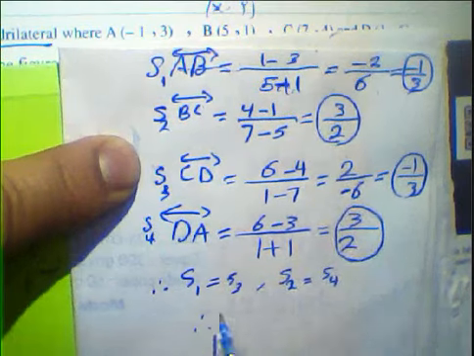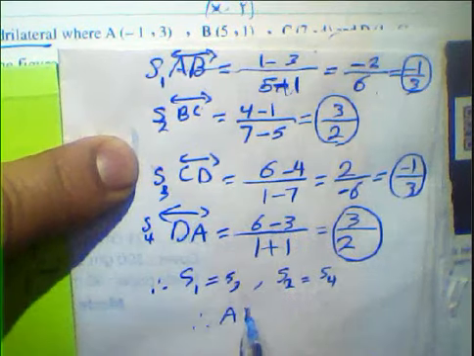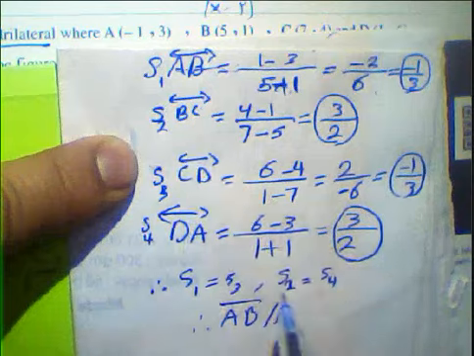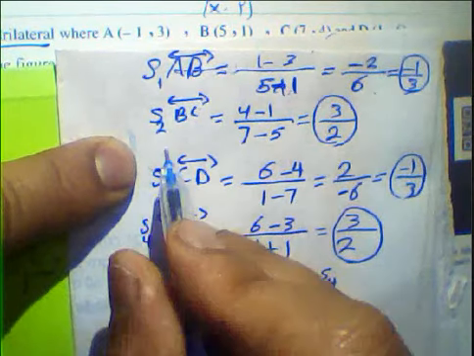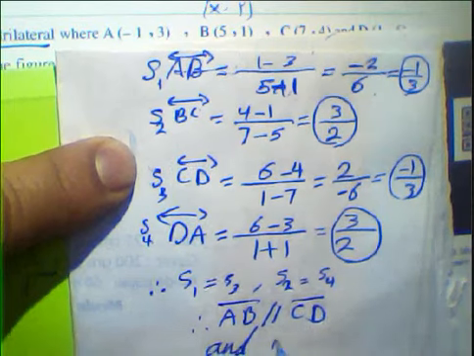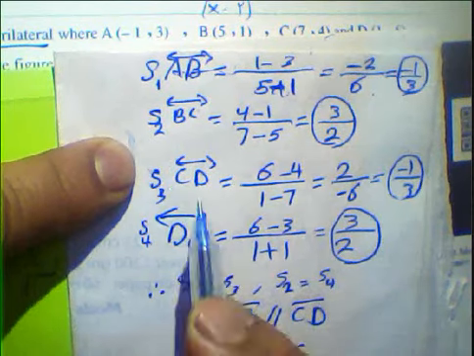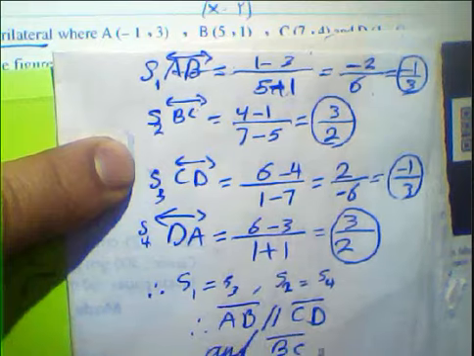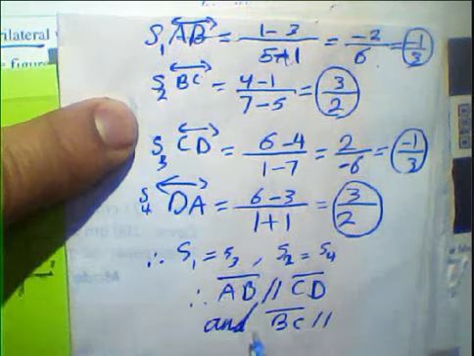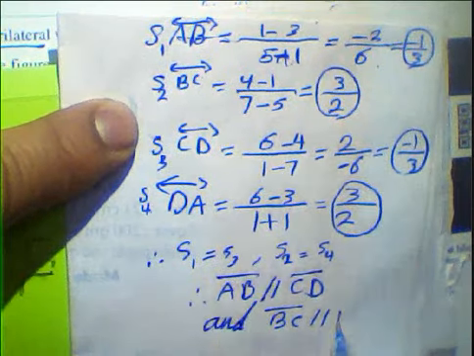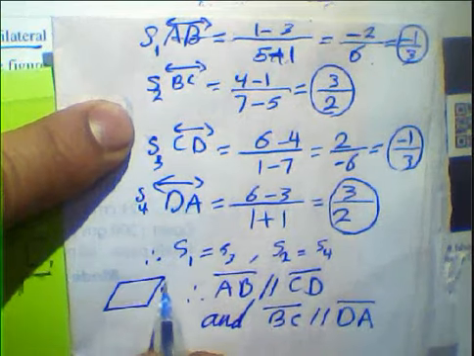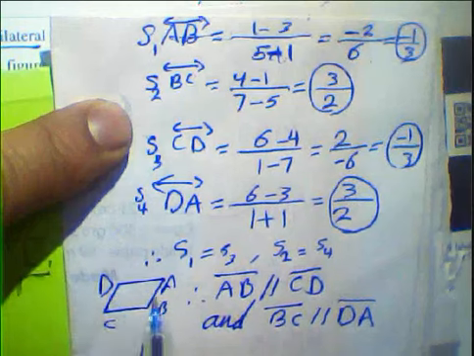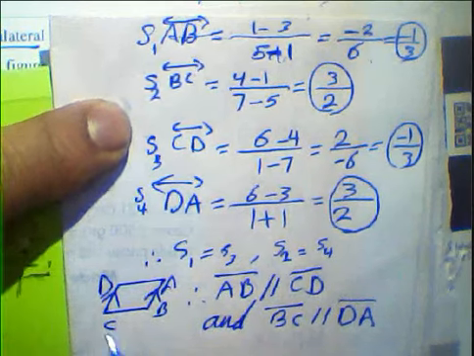Then we can prove that AB was parallel to CD, and slope of BC equal slope of DA, then line segment BC will be parallel to DA. It was a parallelogram here, A, B, C, D. We prove that about